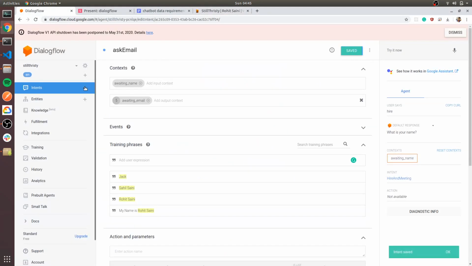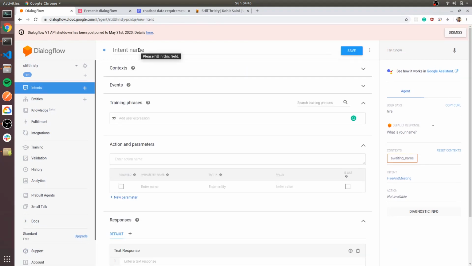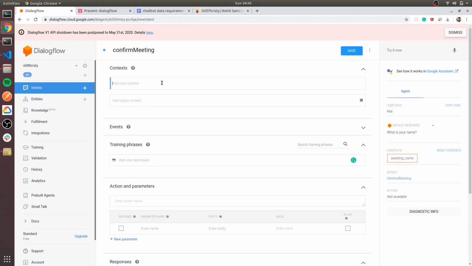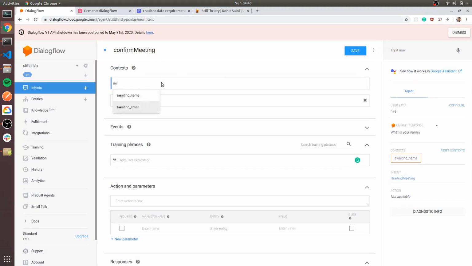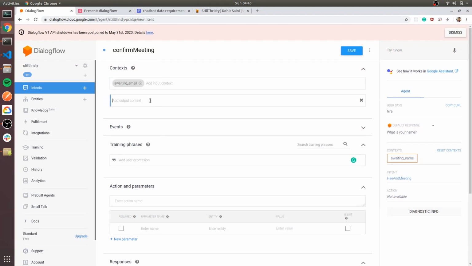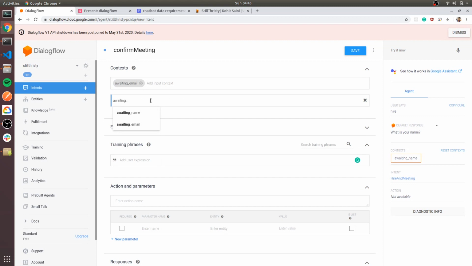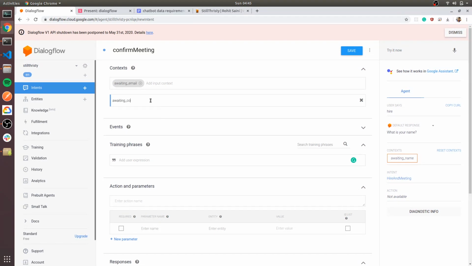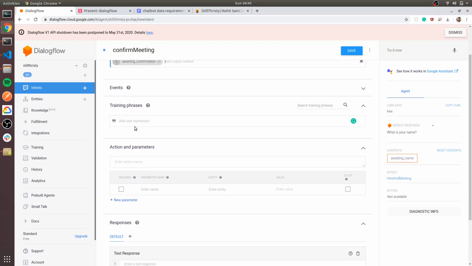Make a new intent for taking the email and confirming the session. It will be in the context of awaiting email. Output context will be awaiting confirmation. So training phrases will be like my email is.